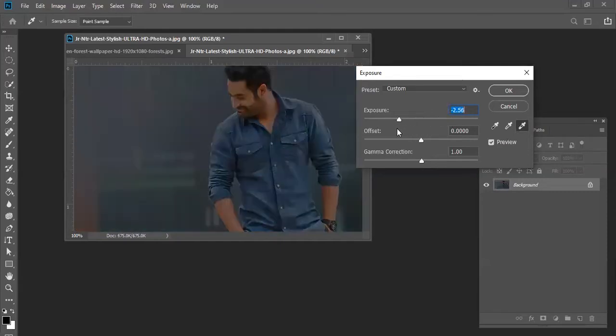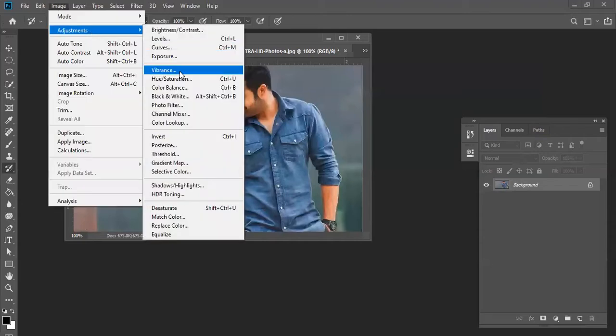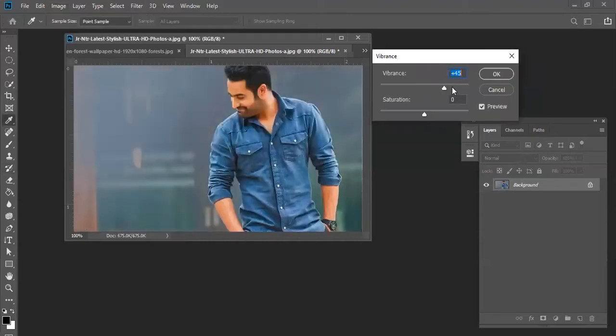Here, you are adjusting like this, whatever the values are, if you want, you can adjust. And here, Image Adjustment, Vibrance also, you can check one by one, you will get different values. See, you can remove the preview. So studio people and all, if you want to make more depth for your dress color and all, we can use this one.